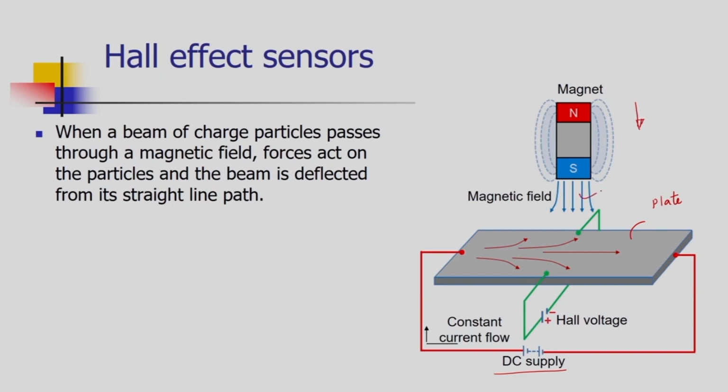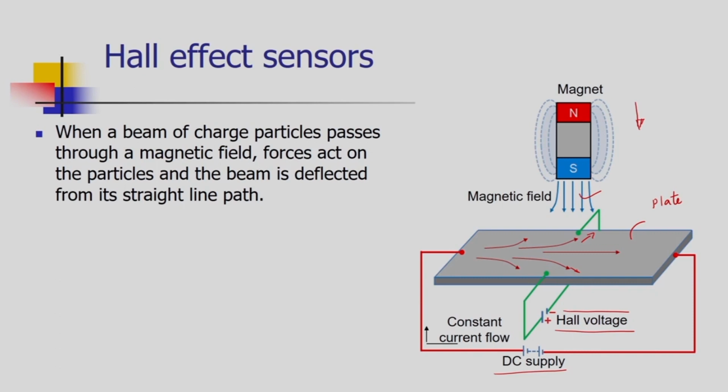Due to the magnetic field of the magnet, there is deviation in the passage of these charged particles. The charged particles will deviate their path, and due to this deviation a certain voltage will be generated across the moment of the passage. That small voltage generated is called the Hall voltage across the passage of the current. It is very small, in microvolts, and that microvoltage can further be utilized for our